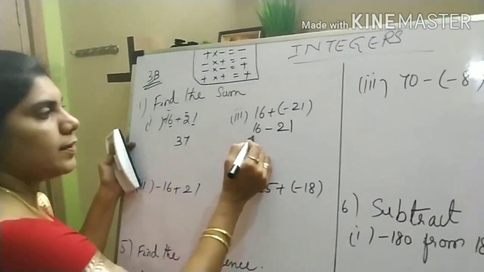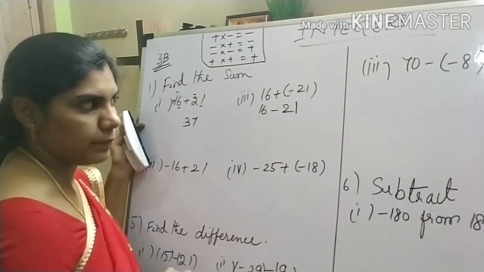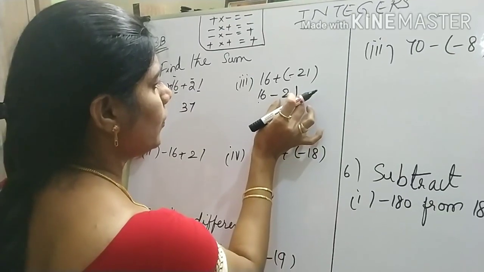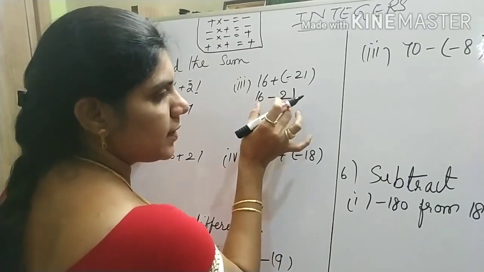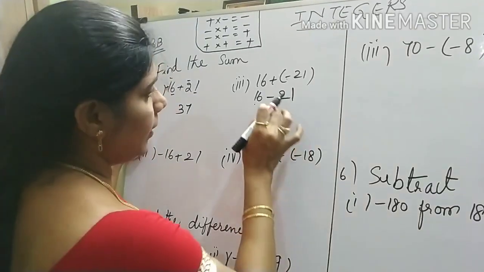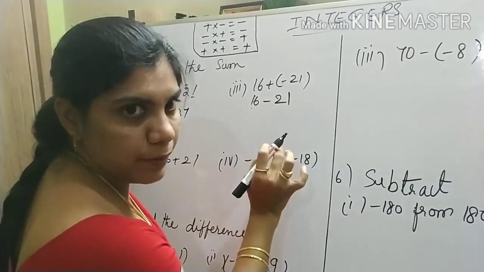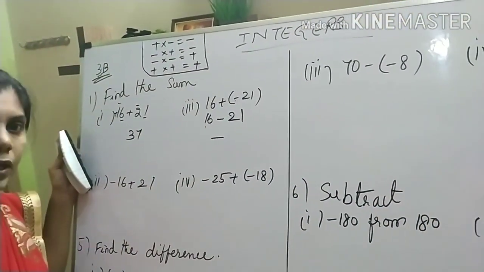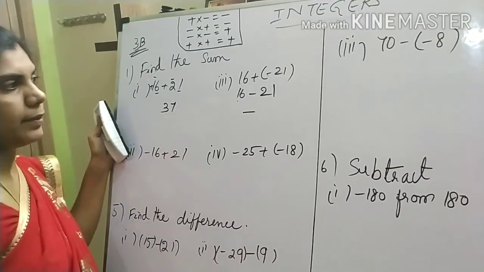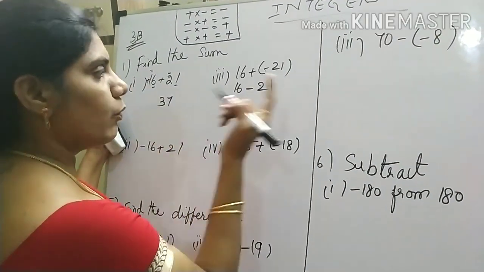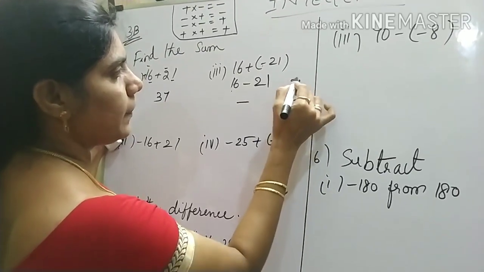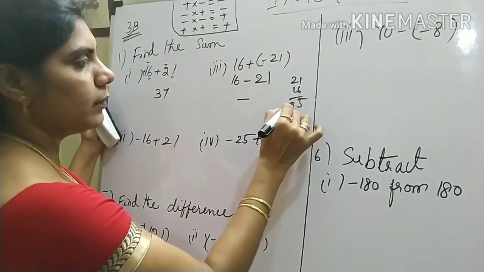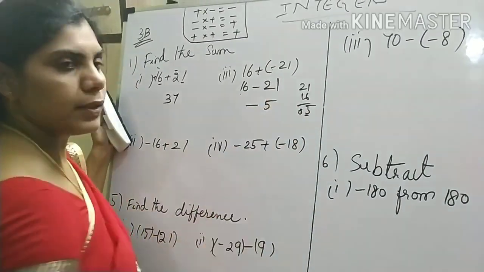Here we have to subtract 16 from minus 21. So while doing these sums, first we have to check the bigger number. What is the sign before that one? That we have to see first. Here we have minus. The bigger number is 21. Before that one we have minus. So your answer will be in negatives only. So place minus here. 21 minus 16. What is 21 minus 16? See this one, 11 minus 6, 5. Right, 1, 1, 0. So you get here 5. So that is your answer.